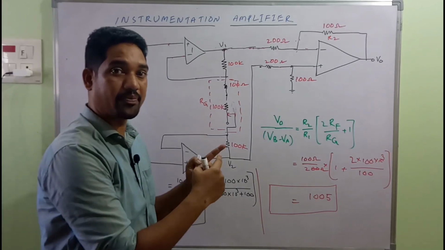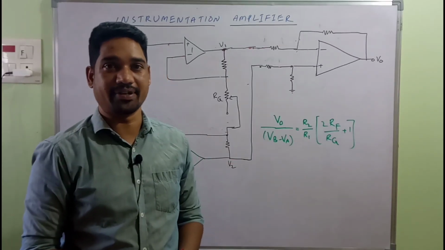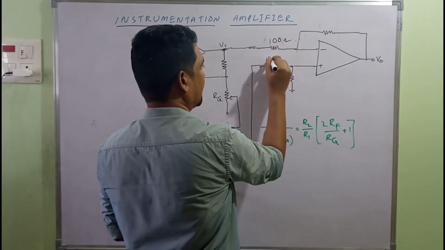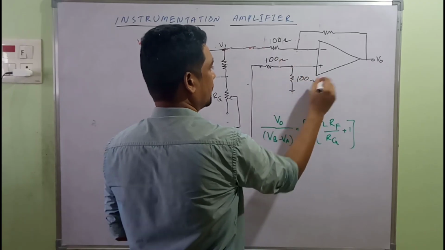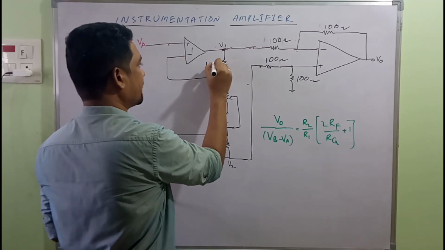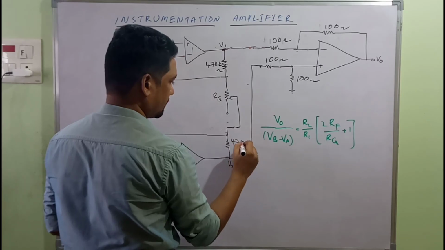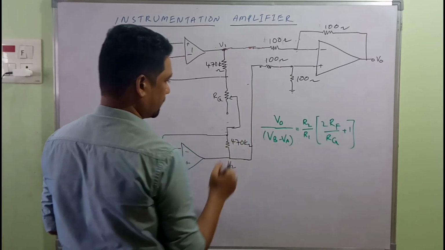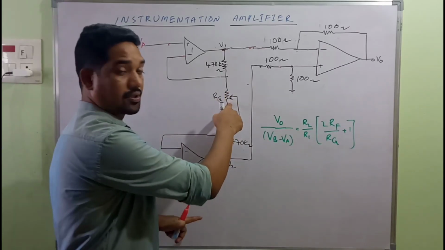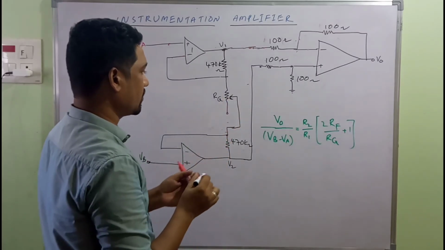It's picked up from a previous question paper. We come across this in designing instrumentation amplifiers. Supposing we have 100 ohm resistance, another 100 ohm, still another 100 ohm resistance, and here we have 470 kilo ohms and another 470 kilo ohm. Now the question is, what should be the value of RG? It's a variable, we have a potentiometer here. What should be the value of RG to have a gain of the instrumentation amplifier of 1000?